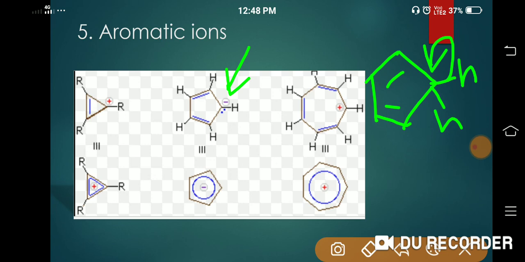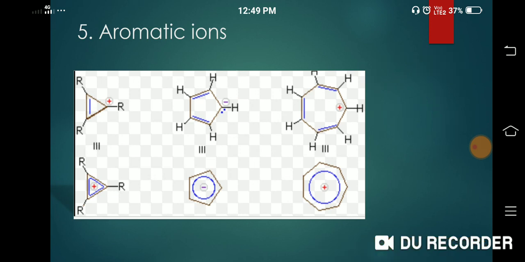Hence, the number of pi electrons becomes equal to 6, and 6 is a Hückel number. Therefore, after the removal of H+ ion, cyclopentadiene becomes aromatic in nature. Similarly, cycloheptatriene having one